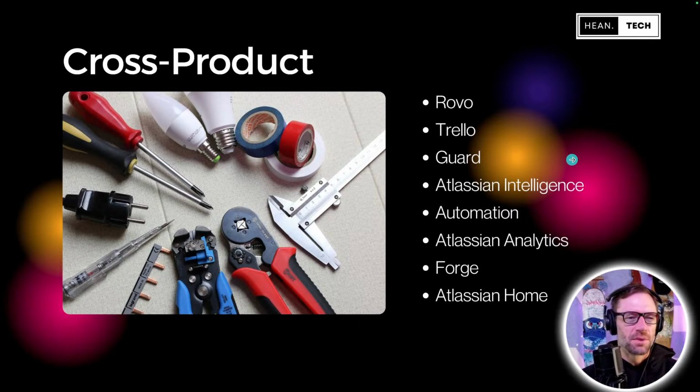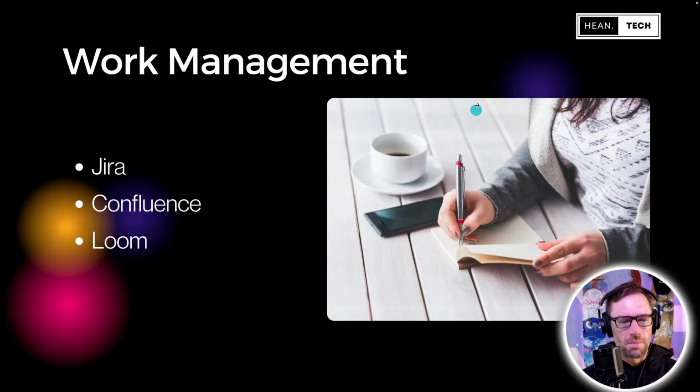This makes sense, and I joke about it because it's kind of a catch-all, but it's all of the tools, all of the apps that apply kind of across the board. Rovo, for example, can be used across products. This one for me, though, is a bit of an outlier. I don't understand why Trello is in here. To me, Trello should be under something like work management, in my mind.